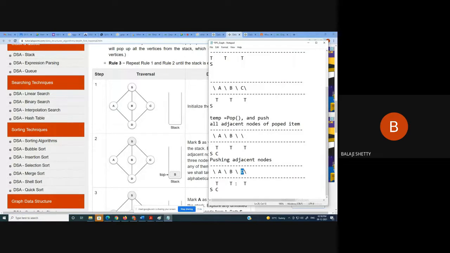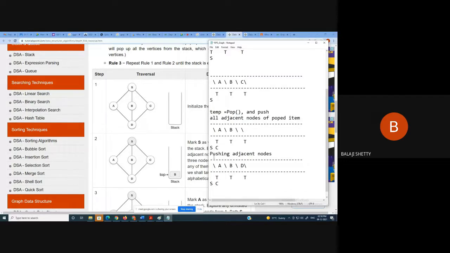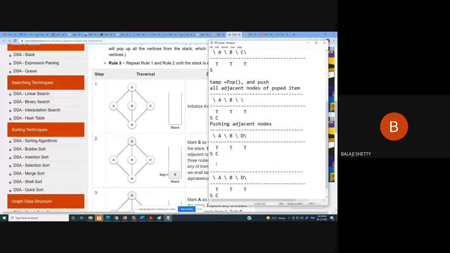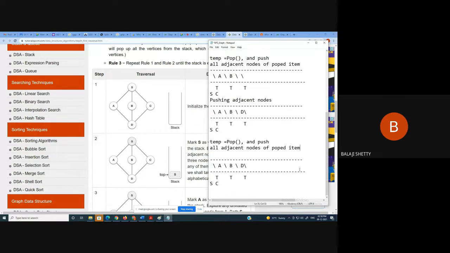Again, pop D, same step. Again, repeat the same process. Pop. So let me know what is the output now. Anyone can tell me?